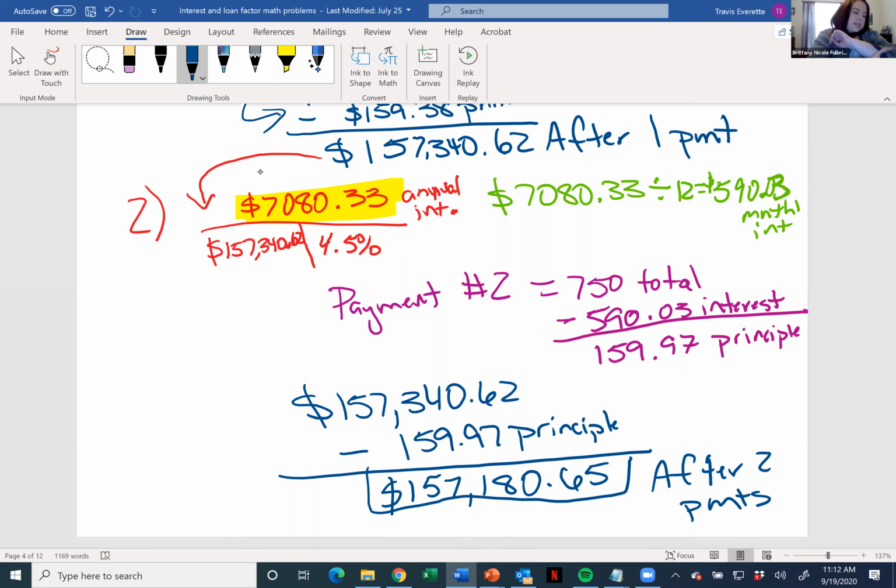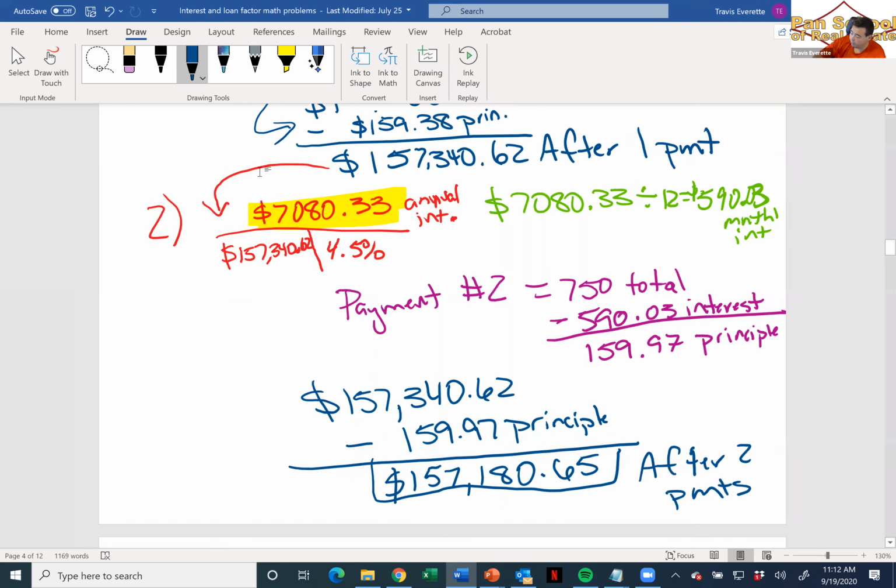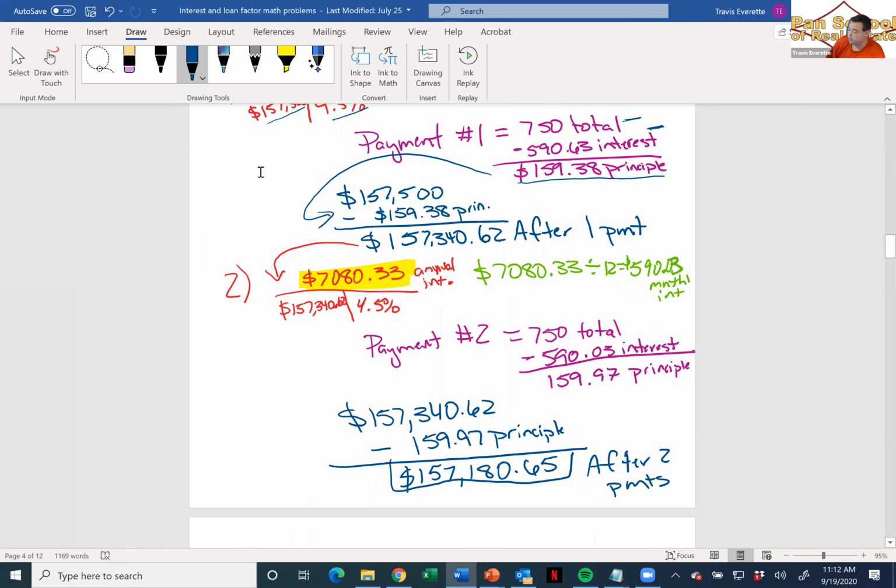Is there not an easier way to get to that without having to do all of those steps? Nope. That is the only path to get to that. And by the way, they will have as an answer choice what you get if you just take this number right here and multiply it times 2. If you tried to shortcut it and go, oh, they're paying off $159, but they're making 2 payments, that'll be an answer choice. Trust me. If they ask you this question, they want you to do the whole thing.